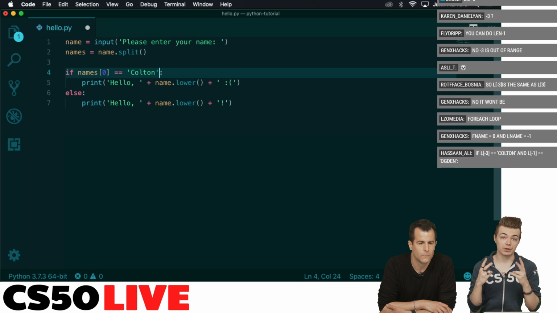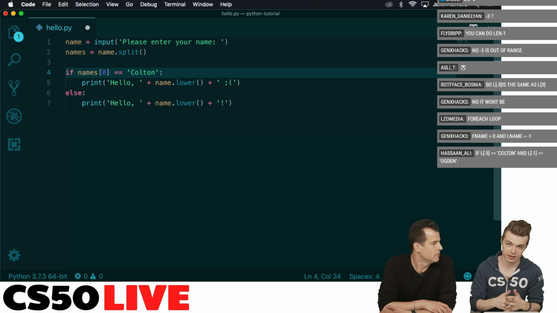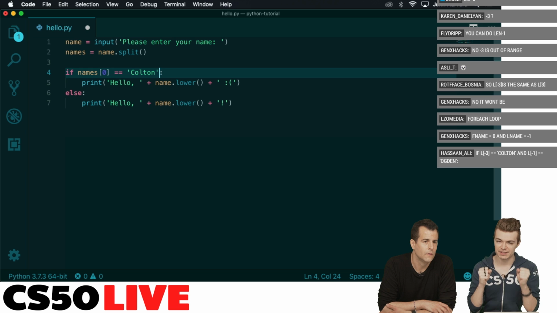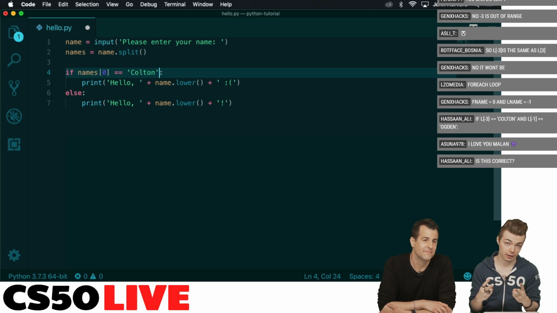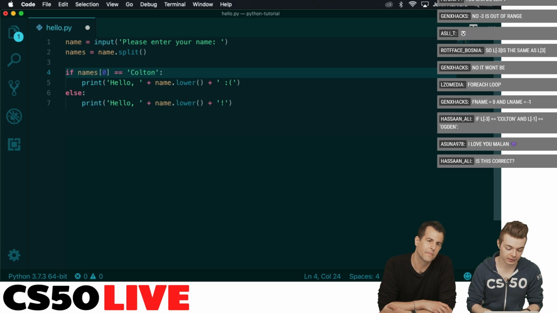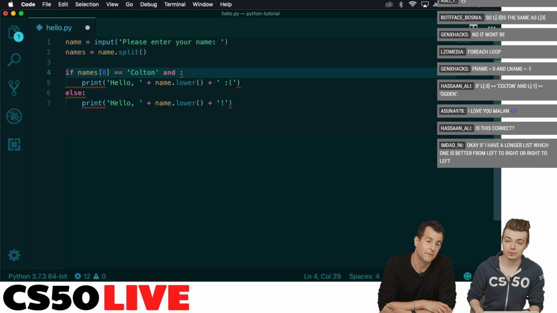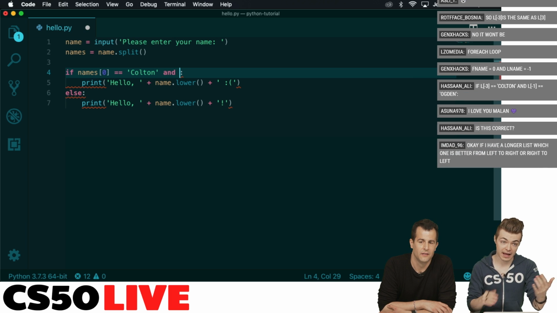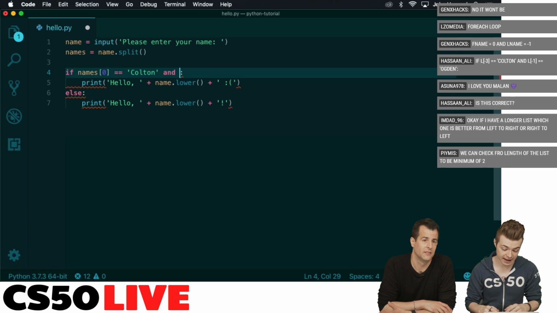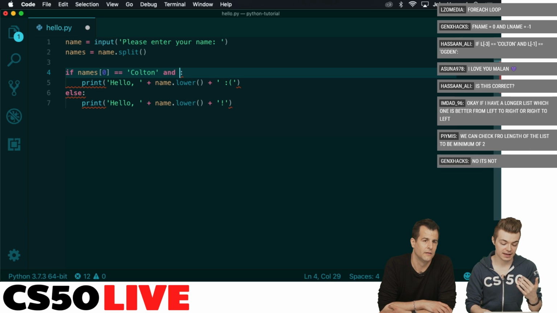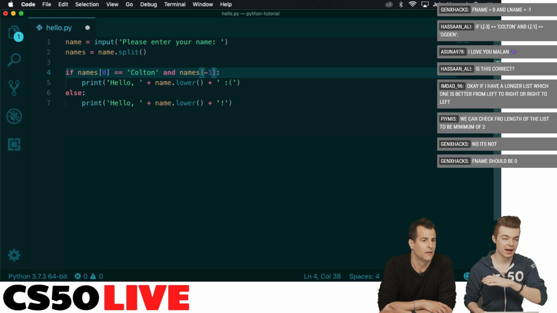And now, here's the thing. There are 2 conditions, though, because we could get a Colton Jackson, a Colton Smith, or what have you, but we care specifically about Colton Ogden. There's actually 2 conditions here that we care about, not just one condition. And the nice thing that Python lets you do is actually say, okay, if I want to check for 2 different things, I can just say if something and something, then do something. If 2 things are true. Okay, so you literally just say and. So I'll say if it's the case that names 0 is equal to the string Colton and names at -1, again, the last element in the list, no matter the size,